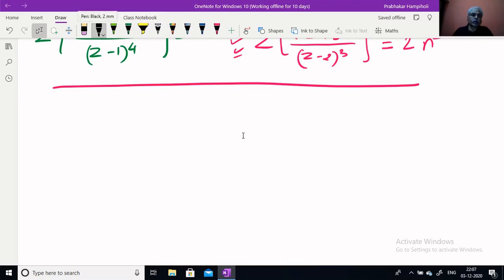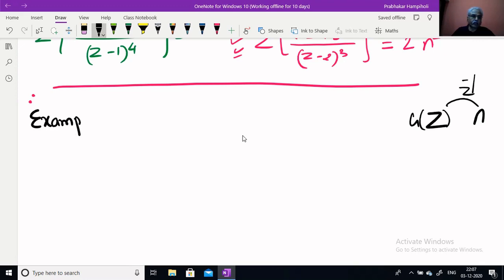In the beginning, I'll consider there are 2 to 3 types of examples in the Z transformation. So what we are going to do is go from the Z domain to the n domain, that is Z inverse, we are finding from now onwards. So for the first example, the first category of examples,